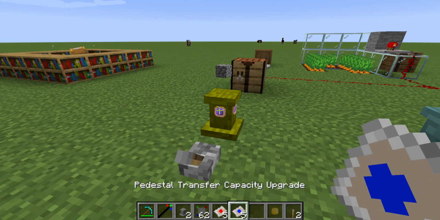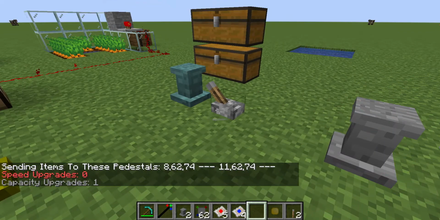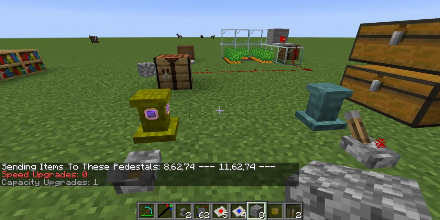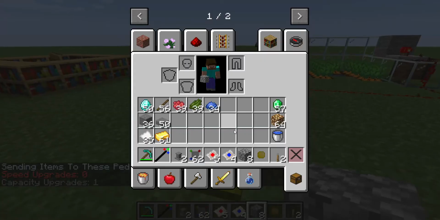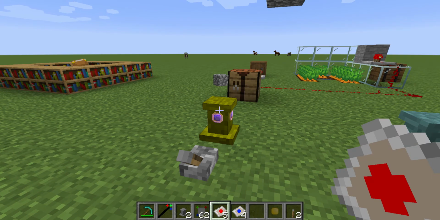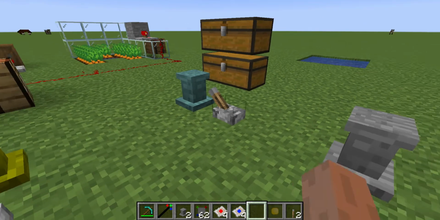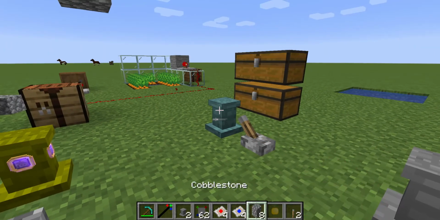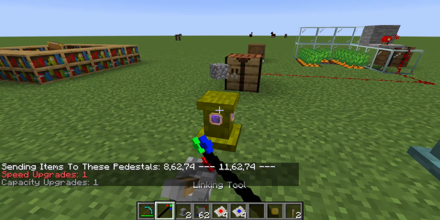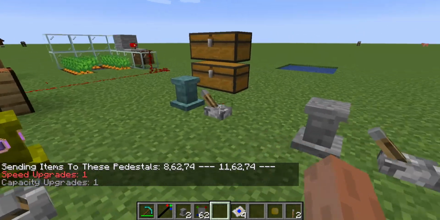Okay. Let's throw a capacity upgrade in here. And we'll flip this on. Well, we got 8. We're now doing 8 per second. That's not too bad. What if we want to do more than 8 per second? What if we want to do 8 per half second? Now 8 per half second. If we want to do 8 per tick,